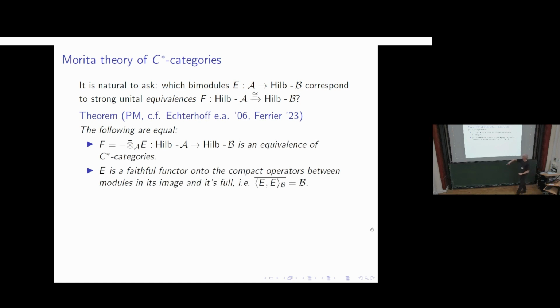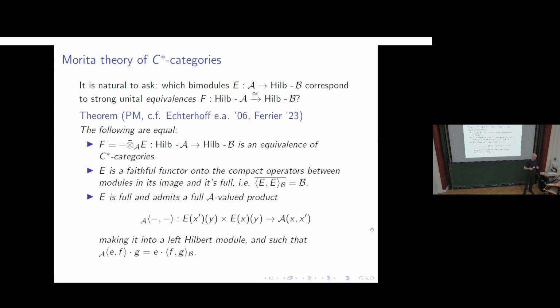The other thing you could say is E is a faithful functor onto the compact operators between the modules in its image, and it also has this ordered property that the inner products of the E modules given by E are dense in B. And the final thing that you can say, which is maybe the most familiar to people who've looked at Morita equivalence of C-star algebras before,